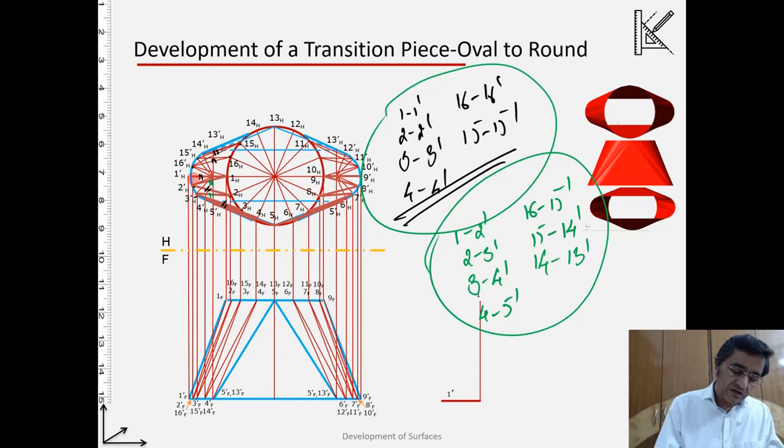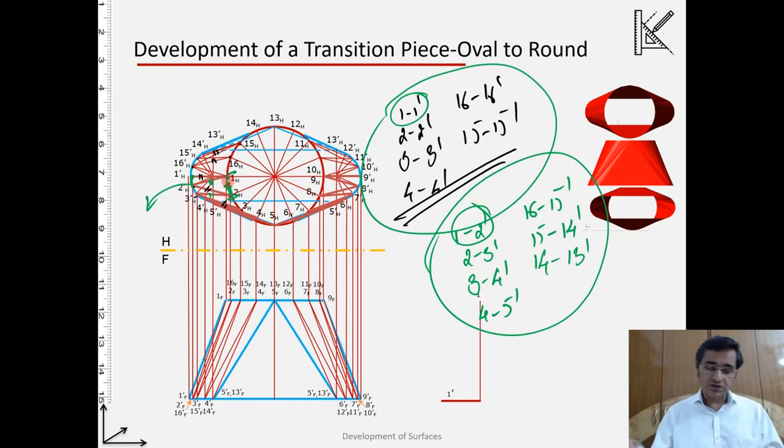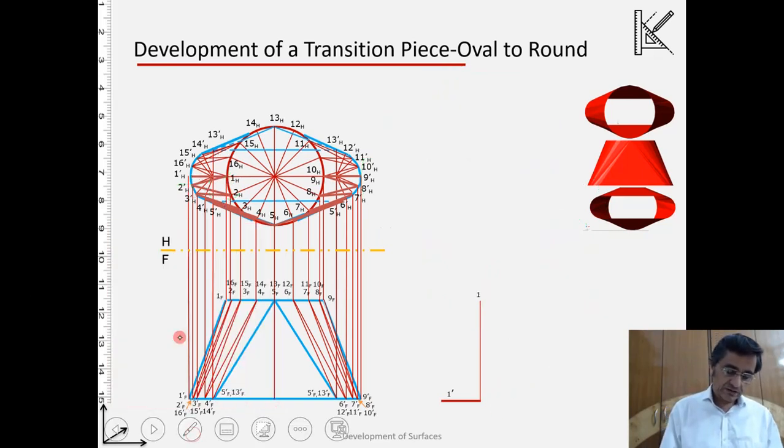Alright, in a certain triangle, this particular length, because I will need this length also, and this length I know from the top projection or the horizontal projection, this length is the true length. Similarly, in a triangle I will need this length, and here also this length is true length. I can measure this chord here. So if I know 1 1 dash, 1 2 dash, and the lengths here, I will know all three sides of the triangle. I can show that triangle and develop the surface. Okay, let us do it now.